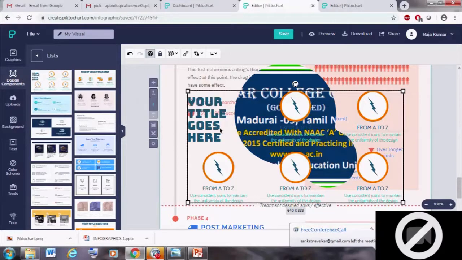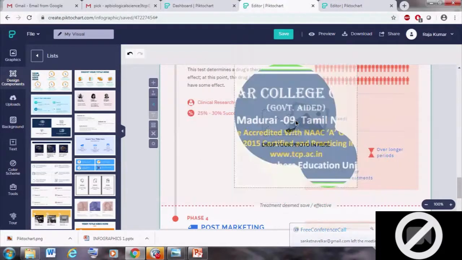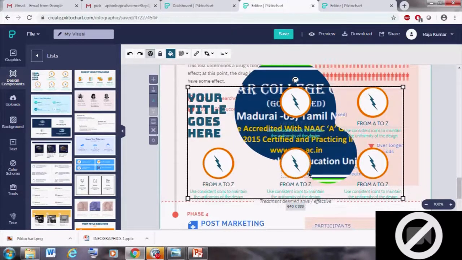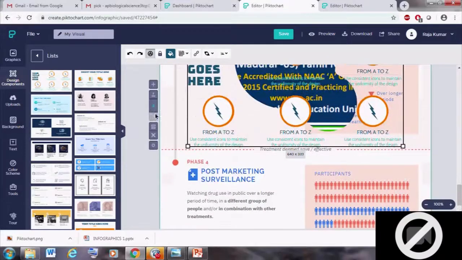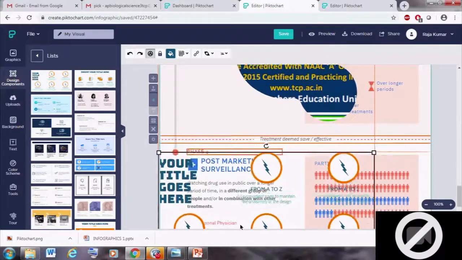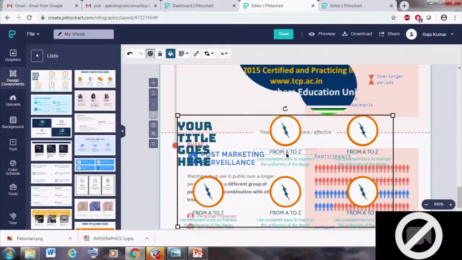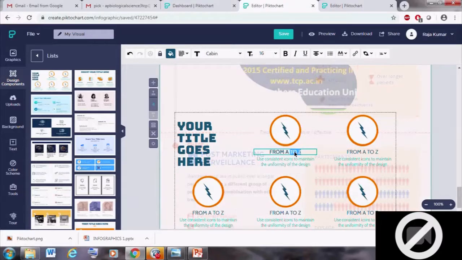So instead of that, you can type the content in the design. For example, micro teaching cycle.